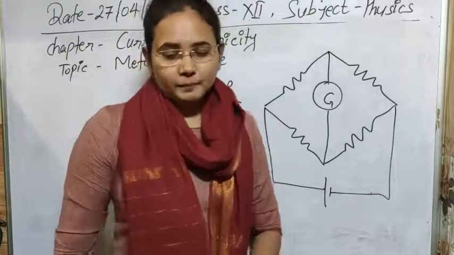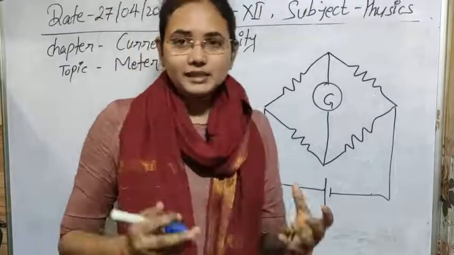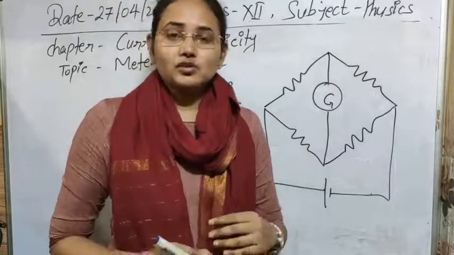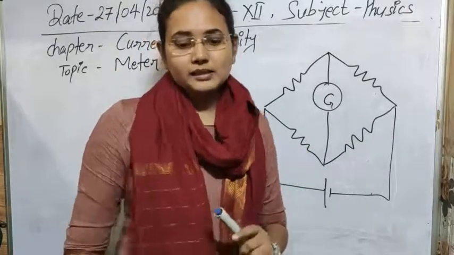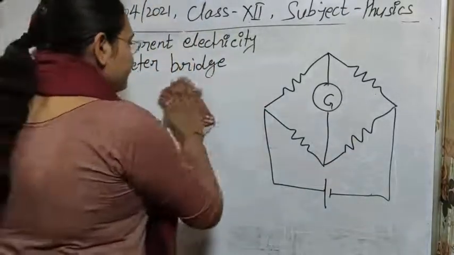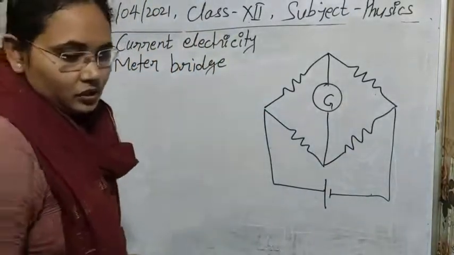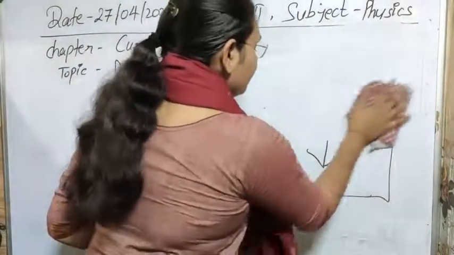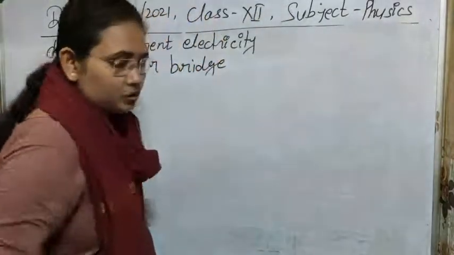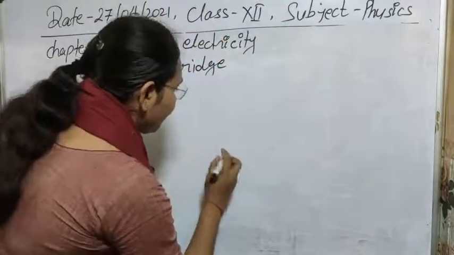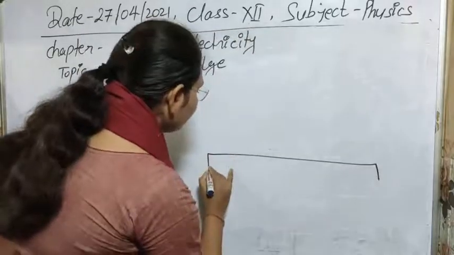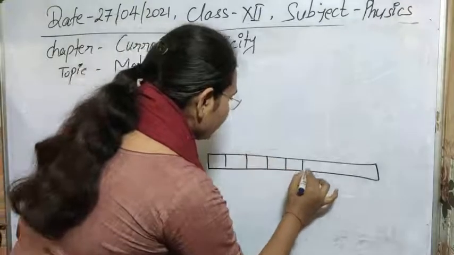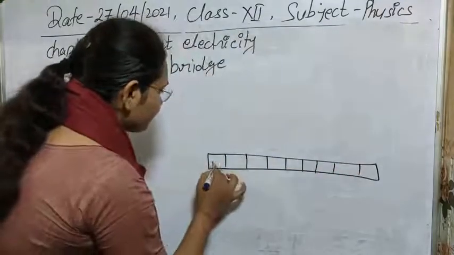First of all, what is the meter bridge? Why is its name meter bridge? We also call it the slide wire bridge. Why do we say these things? For that you have to understand its construction. So in the case of the meter bridge, if I draw the figure of the instrument, in this instrument we have a 1 meter long scale. So, you can say this is the 1 meter long scale we have.